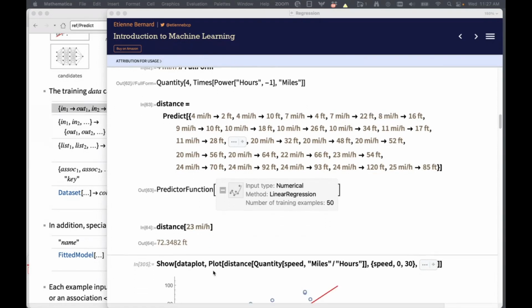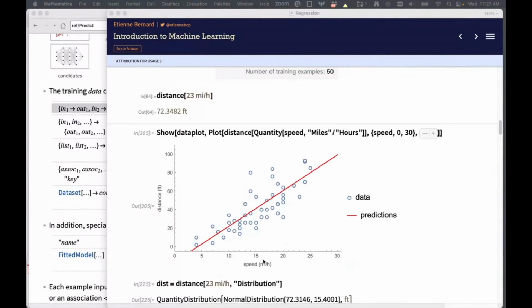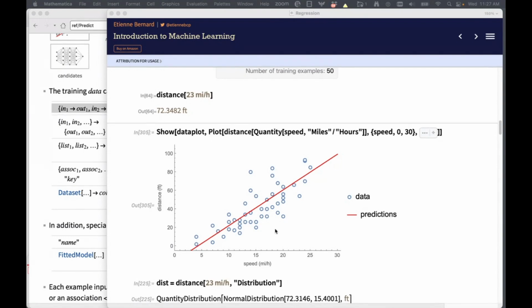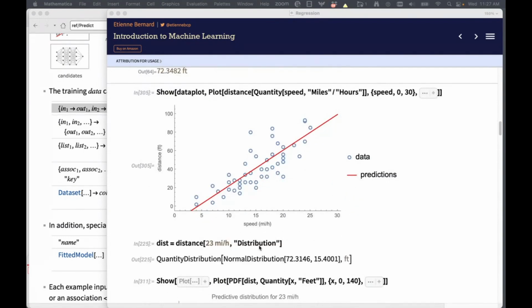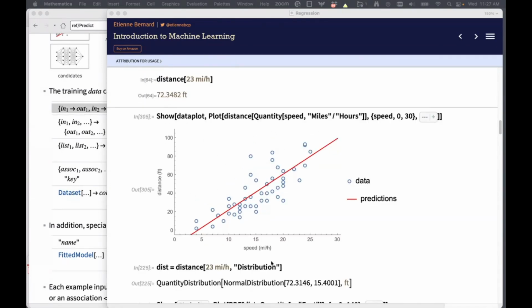You might get a number from a distribution of values, and you can actually see that. We'll do that in just a little bit. Here you see that predict not only returns the predicted value, but you can also get things like the distribution, just like in classification, where you were not only able to get the predicted class label, but you could get the probabilities for those class labels. So in this case, you can get the predicted output value, but you can also get a distribution, and we'll look at that in just a little bit. But let's first plot it.